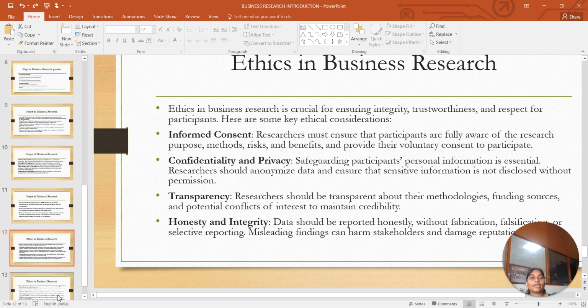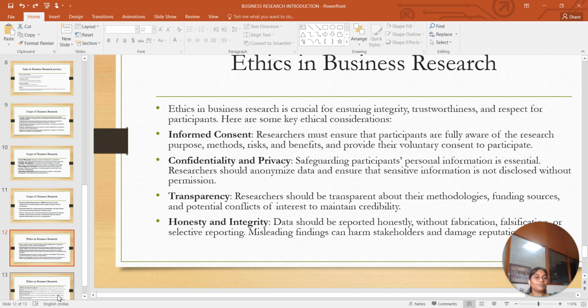Then move to the ethics in the business research. Ethics in the business research plays a crucial role in ensuring the integrity, trustworthiness, and respect for the participants. So here some key considerations of the ethics is informed consent. Researchers must ensure that the participants are fully aware of the research purpose, methods, risks and benefits and provide their voluntary consent to the practices and